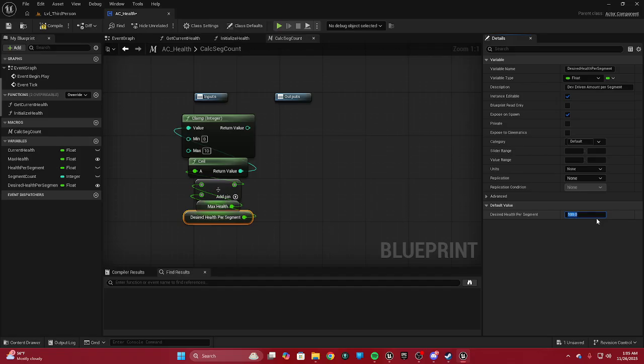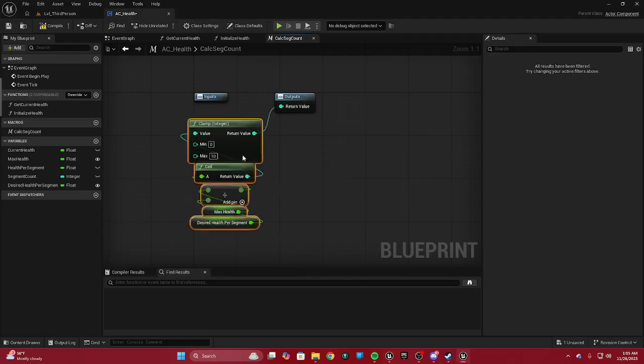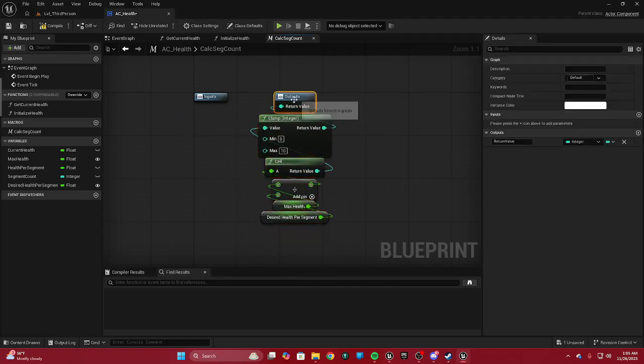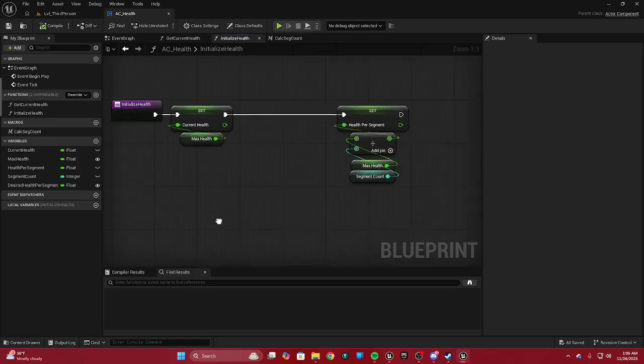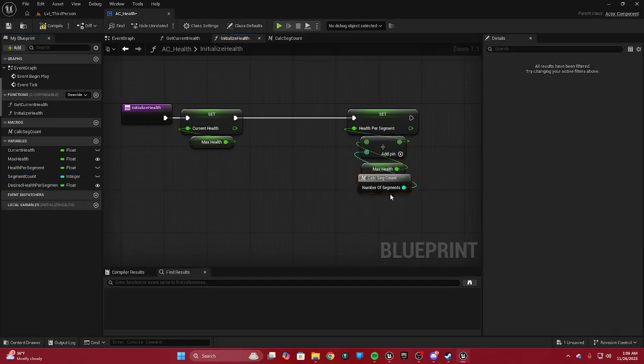Might have go to 101. Anyway, and then sealed, and then now clamped, and make that into the out, which is going to be the number of segments. Now that this has been handled, we're going to go back to the initialize health, and we're going to just put segment count, calculate seg count,